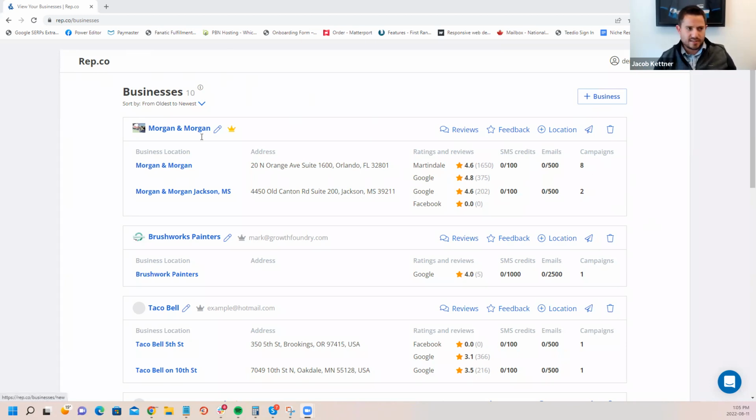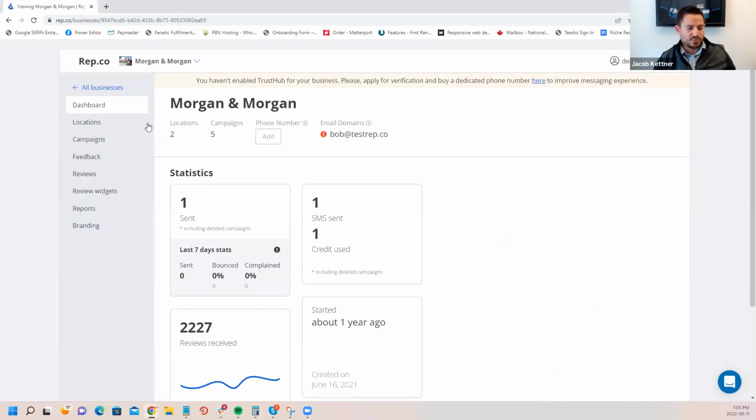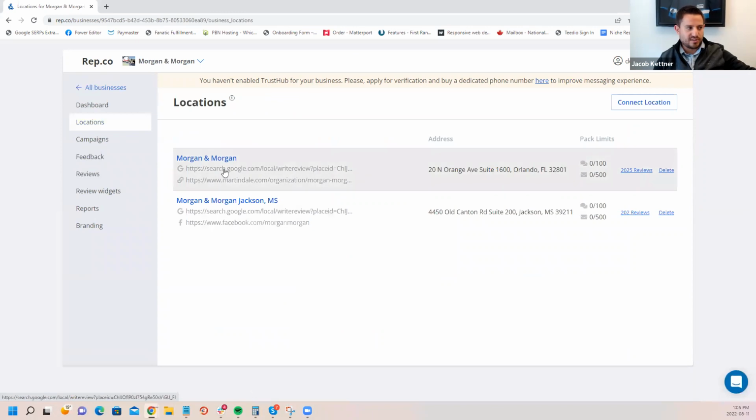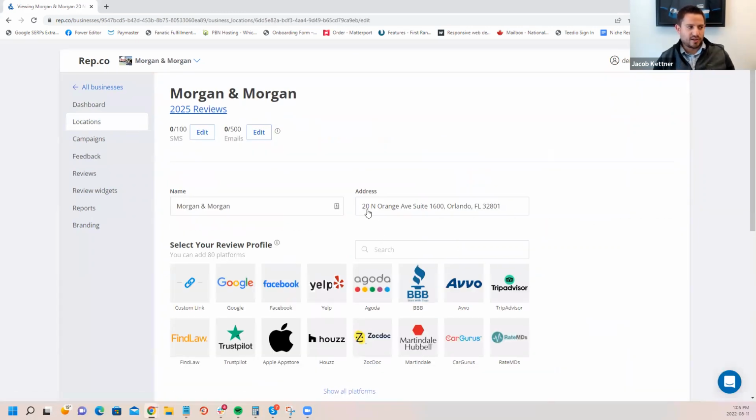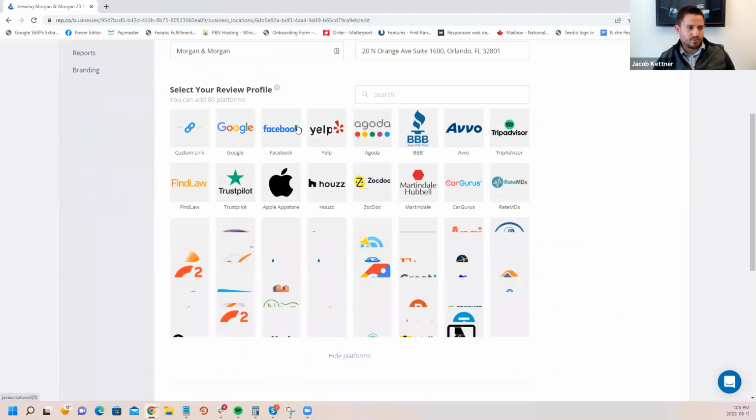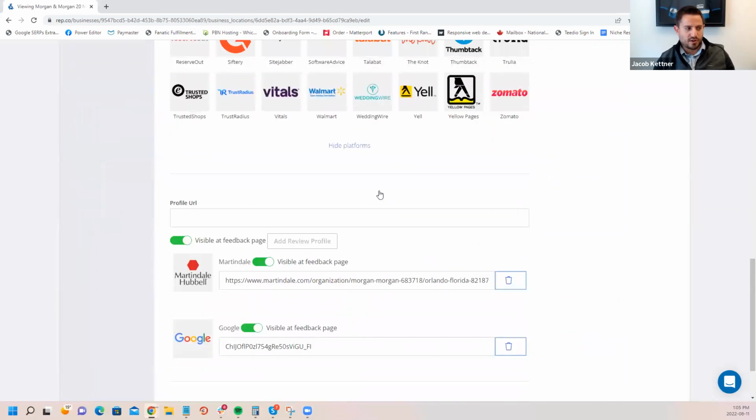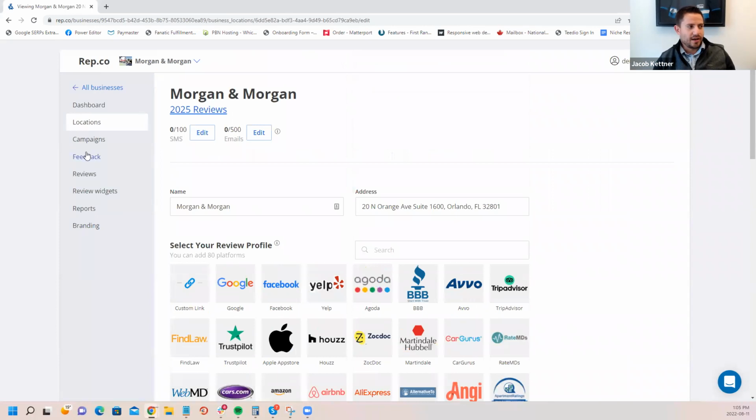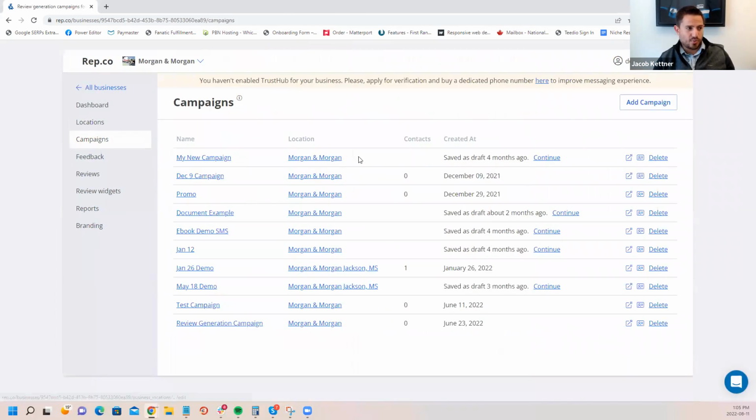So basically, this is RepCo. The majority of functionality exists within the business level. So if you select a business, once the business is added, the locations live here. You can have multiple locations. Each location, you'd select one or many platforms that you want to generate reviews on. The campaigns are where we set up